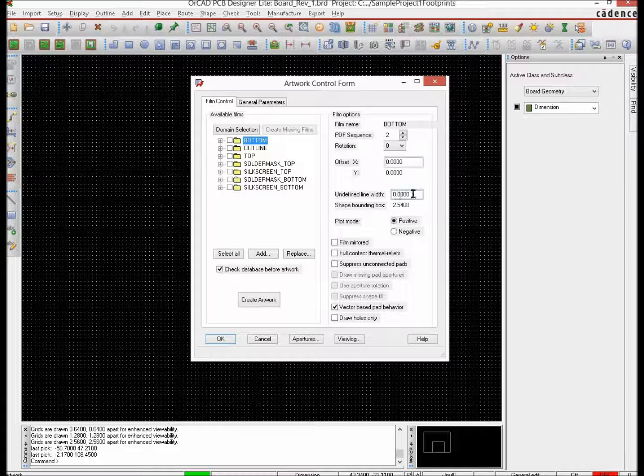Now do not leave this undefined line width as 000. Give it some positive value. So say for example I'm going to make this about 50 mils. So 50 mils is going to be about 1.27 millimeter. So let's give it 1.27 millimeter. Then for outline also 1.27, for top